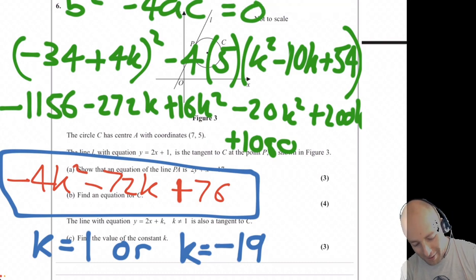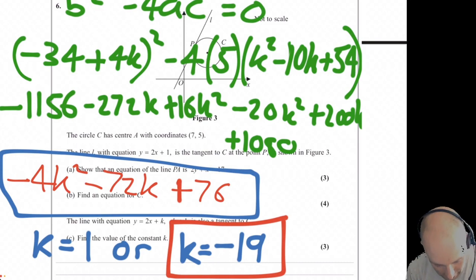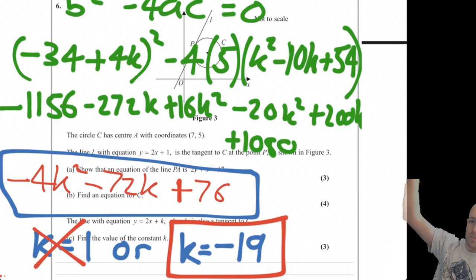There you go. So that is the answer because K cannot be 1, because it says K is not equal to 1 there as well. Yeah, I'd watch that again, see what I did wrong. I got that 5 is from somewhere else, but yeah.